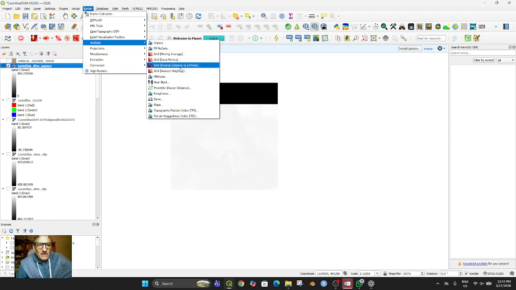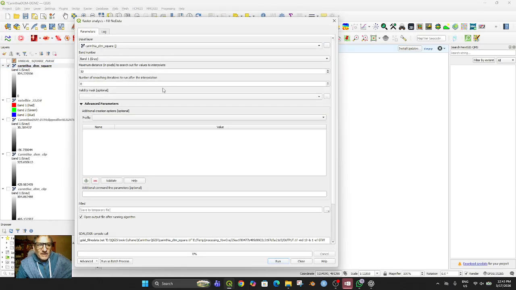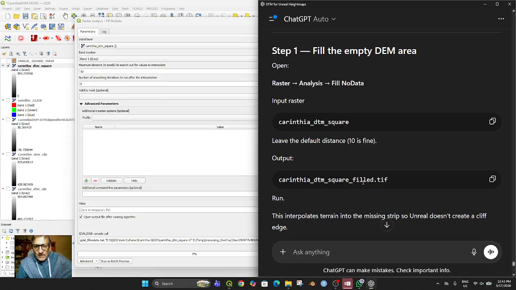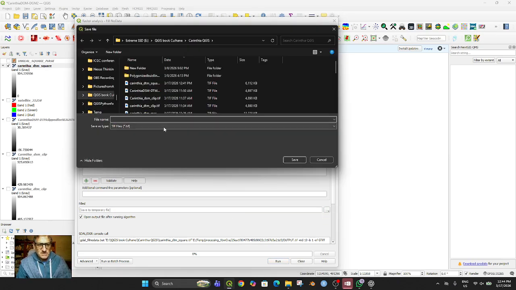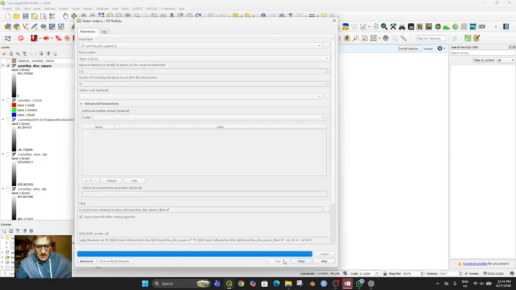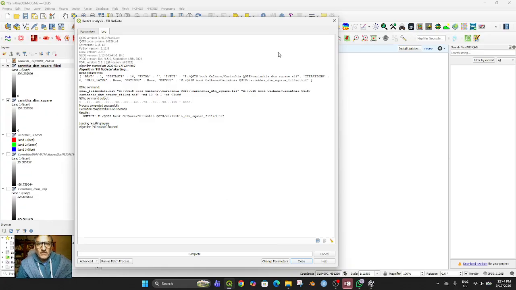Here's fill. Fill no data. Alright, raster analysis. Sure learning a lot today. Input raster is the square, leave the default distance is fine. Output is filled. Let me try it. And then the filled layer